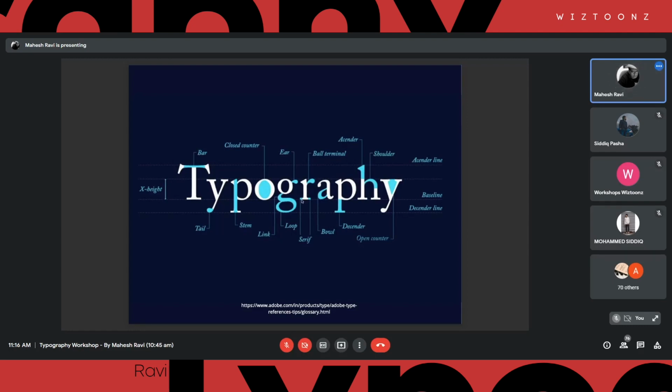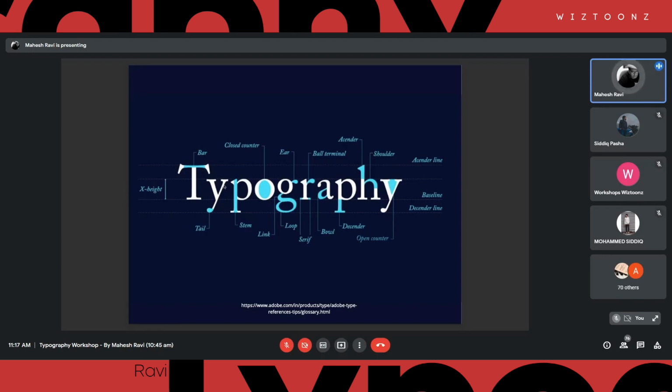That's very important because when you're typing a sentence case letter, there are certain portions of a typeface which will go beyond this X height. For example, you can see that the top part of the H is going beyond the X height, and the lower part of this P is going below the X height. Anything which goes below the X height is called a descender, and anything which goes up is called an ascender. So this is X height, this is descender, this is ascender.